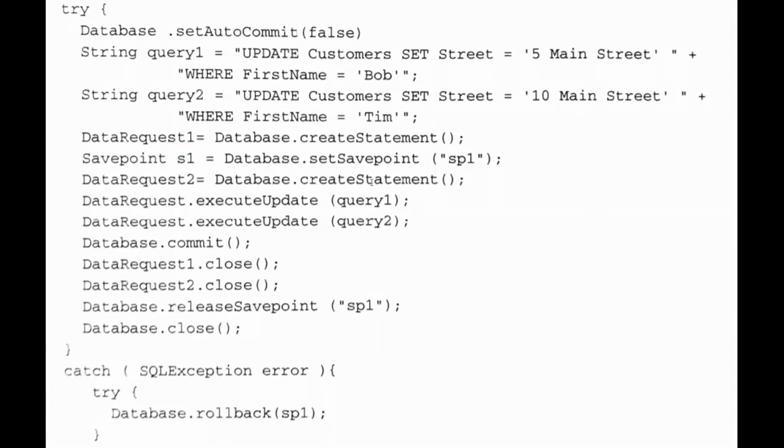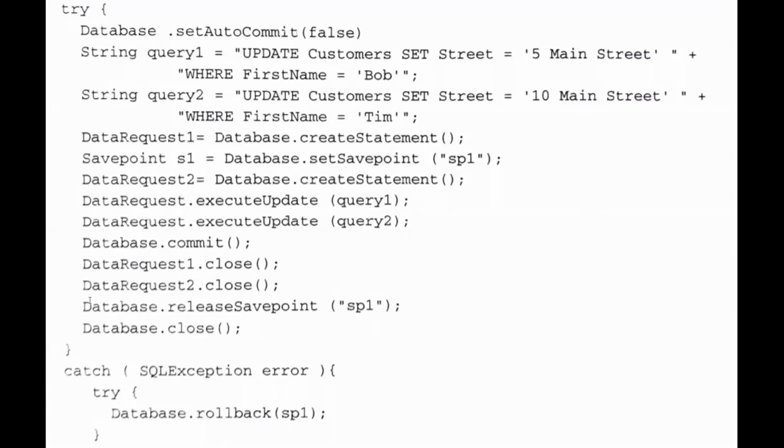Then we have created one more statement for the second query. We are executing both, that is execute update query 1, execute update query 2. Then we are committing the database. Once the commit is successful, we will close the statements, and if both the queries executed without any exceptions, then there is no need to have the save point.